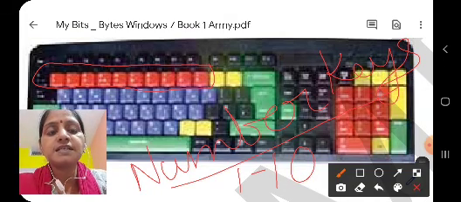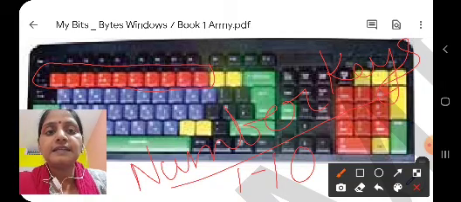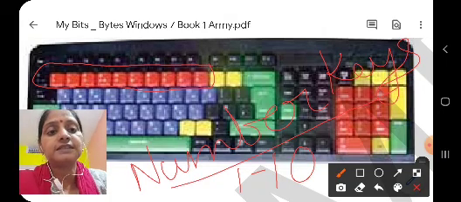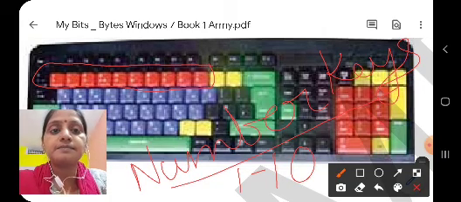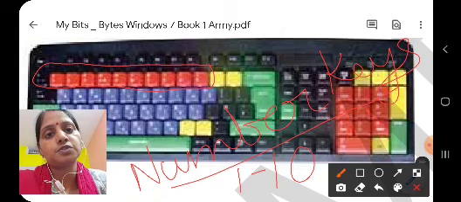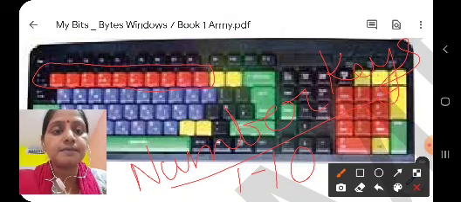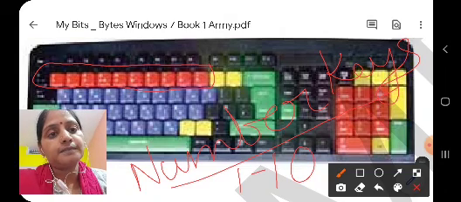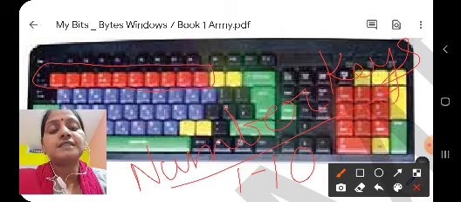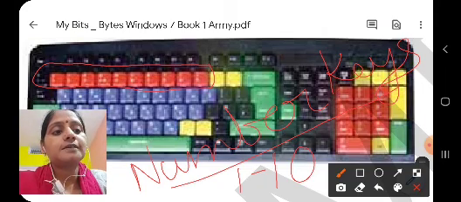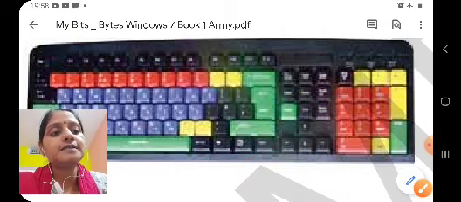Using these number keys, we can do any kind of calculation, and we can write any number starting from 0 to unlimited and infinite. 0 से लेके हम अनगिनत नंबर्स लिख सकते हैं इन्हीं 10 नंबरों को यूज़ करके। इसमें हमारे पास सबसे पहले 1 to 9 नंबर्स हैं, उसके बाद 0 नंबर है, इन सबको मिला करके 10 नंबर्स हैं। So children, you can see one more set of red keys present on the